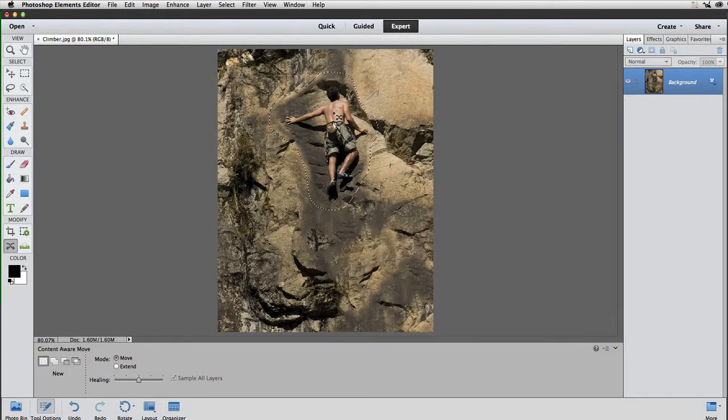It's not bad, but we've got this section here where part of his body has been replicated. If we go down to the healing slider, we can change this. If we move it to the right, it tightens up the selection. It makes a much sharper edge, but we still have part of his body showing. So we'll move it down to the opposite side on the left,